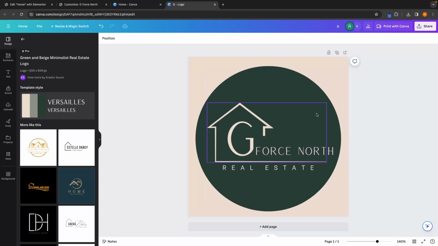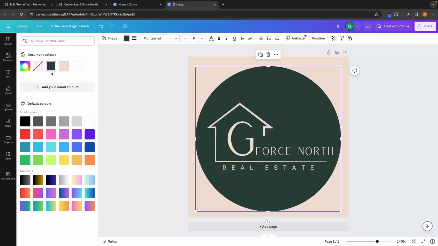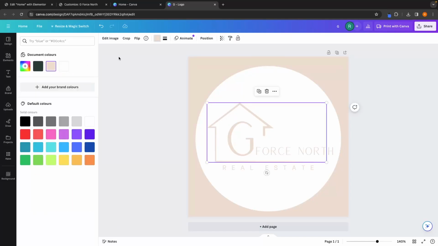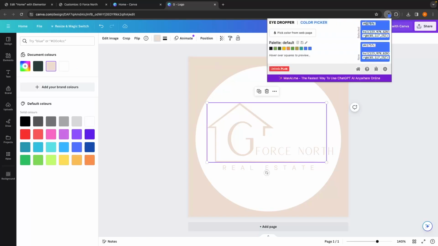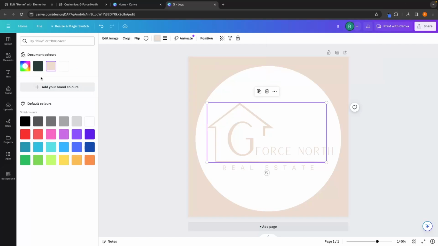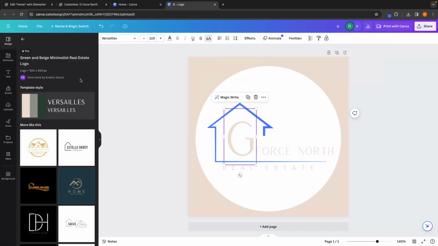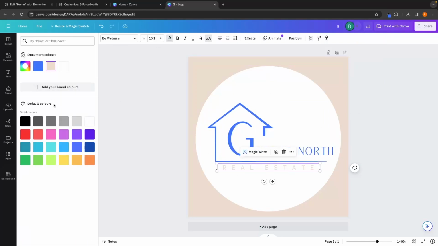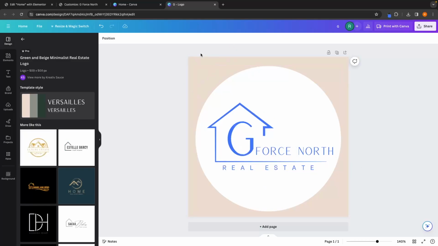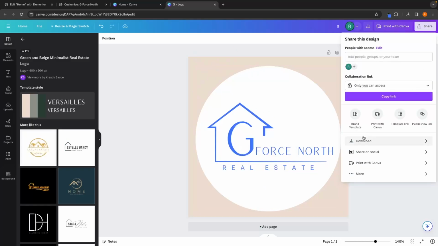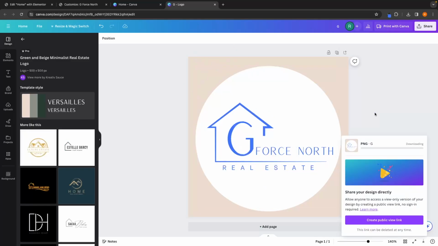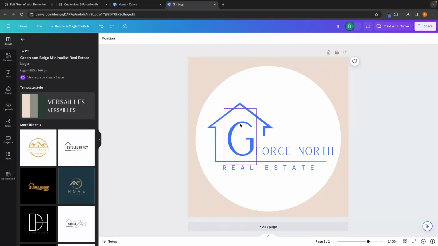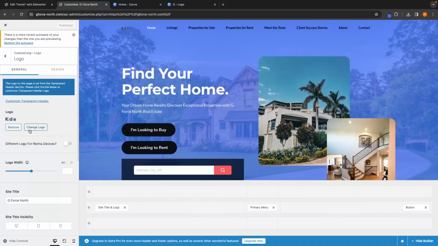Perfect. So I now have my logo. I will make this white and then this bit in the center, the same blue. So this is congruent with the website. We'll make this blue and then make this the same blue. Perfect. The background doesn't matter as when we go ahead and save this, we will save this with a transparent background. Once we have the logo, which took me about 2 minutes to create, this is why Canva is so awesome. We can now go back over,